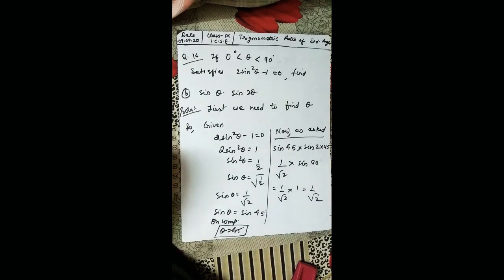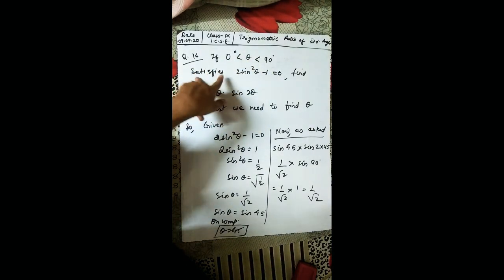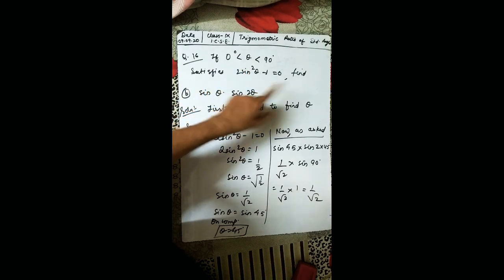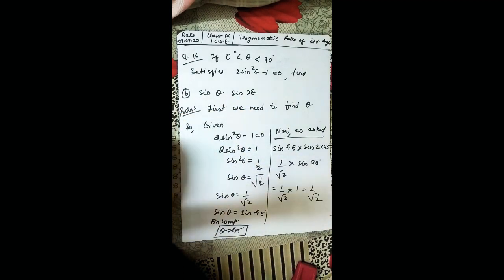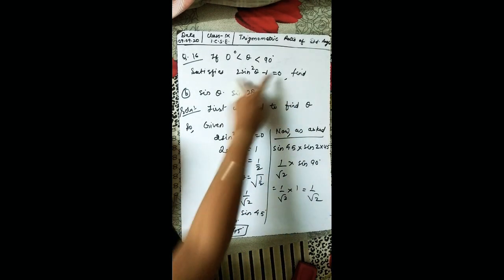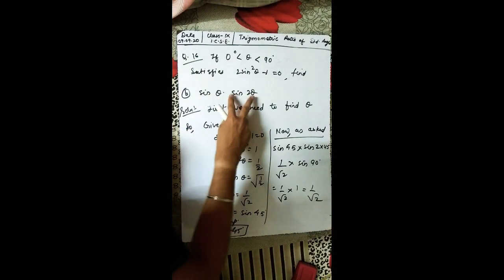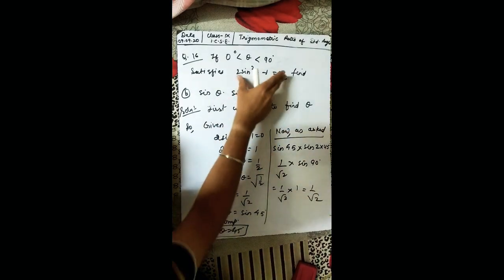Coming to the 16th question, if theta lies between 0 and 90 and it is satisfying one equation, the equation is told as 2 sine square theta minus 1 equal to 0, then find, I'm doing B1, sine theta, sine 2 theta. Okay, so try to understand this question. See, your theta should satisfy this equation, and they are asking some other question. So first, to find the value of sine theta, sine 2 theta, we need the value of theta, no? And we'll get the value of theta from this equation.